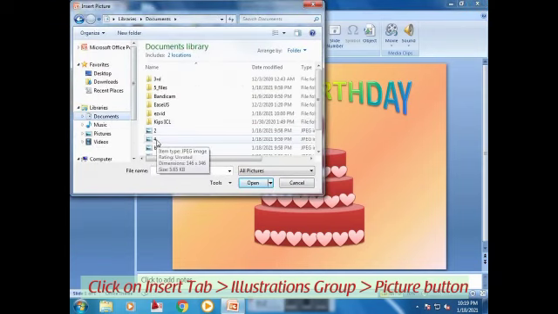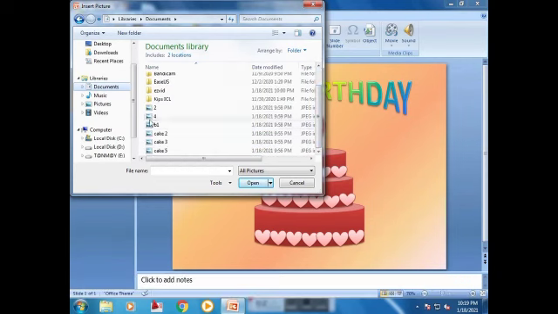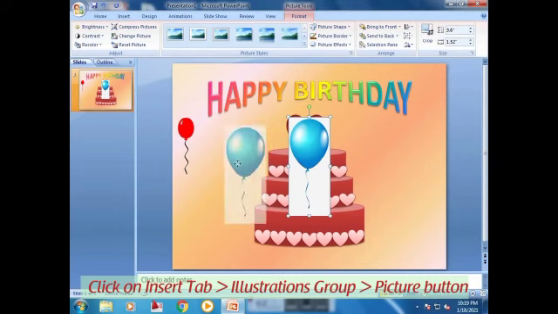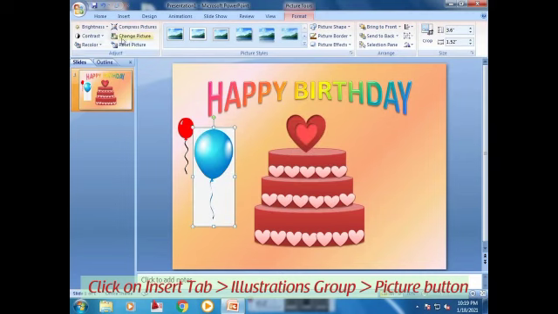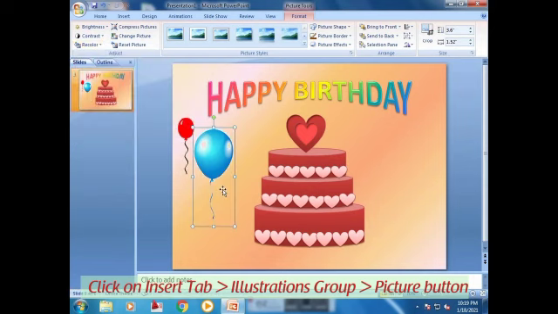This way you can insert another pictures in your slide. After inserting the picture, you can set the color, background color, and decrease the size of your shape.